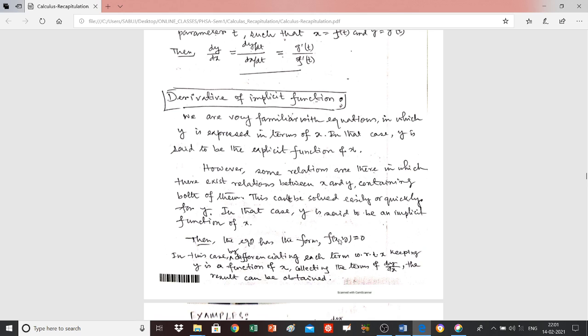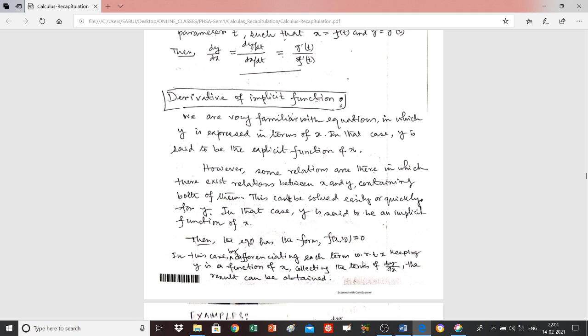And in that case, y is said to be an implicit function of x. If you differentiate this y with respect to x, by differentiating each term, here there are two terms, just differentiate both terms with respect to x, keeping y as a function of x, obviously, and then collecting the terms of dy by dx, you can